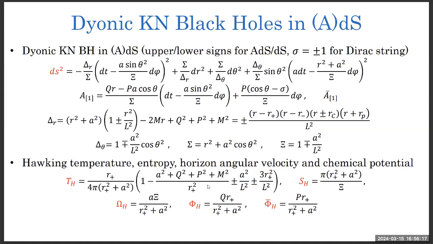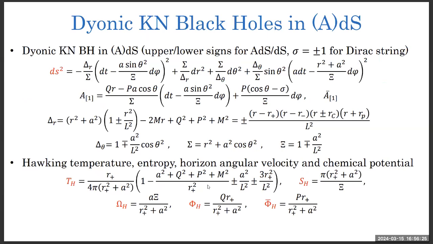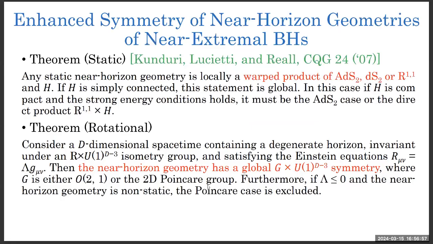Clarification: could you explain about the sigma? Oh, actually, that is a kind of Dirac string, monopole. The gauge potential is defined in the northern hemisphere and the southern hemisphere. That is the reason for sigma plus and minus. That is necessary when we think about the magnetized black hole, the black hole with Dirac monopole type charge. Yes, magnetized black hole.